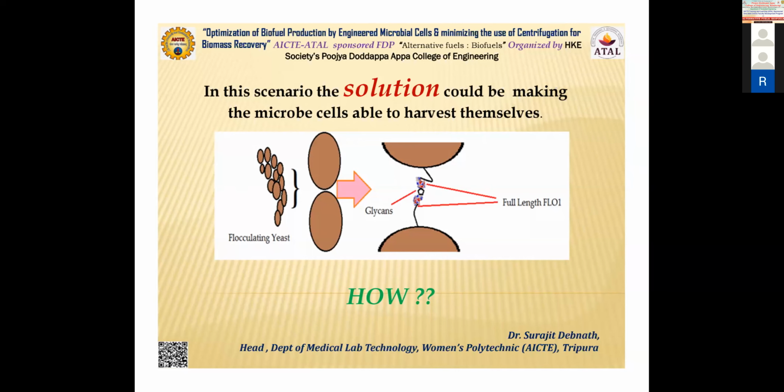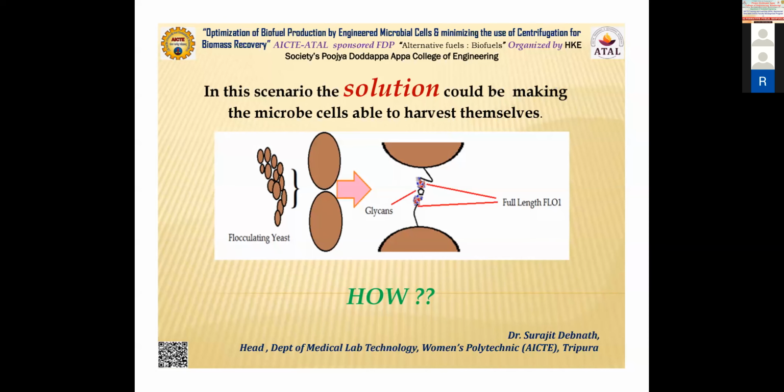The green dots. Understood. What we are trying to do is see how these yeasts are clumping with each other. We found that between the yeast cells there is a thing called FLO. FLO is a flocculation protein. Understood. Now this protein is specific to this yeast only. So what we are trying to do is put this FLO protein inside these organisms.